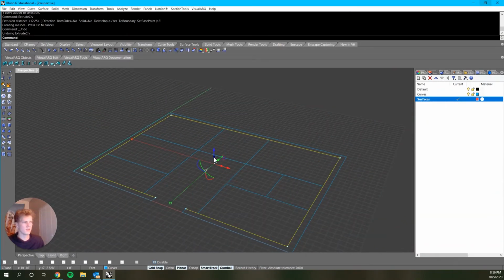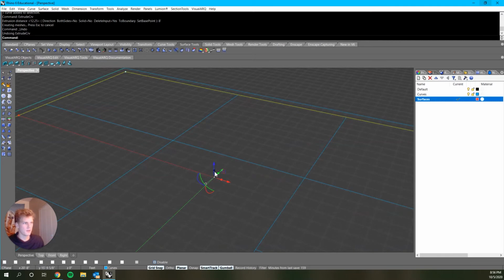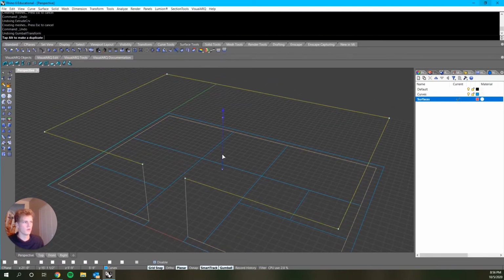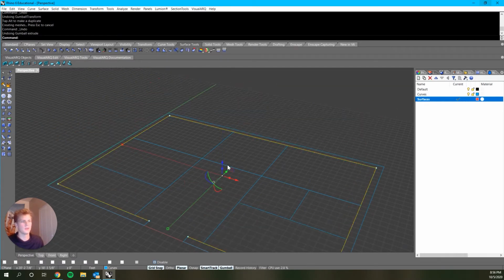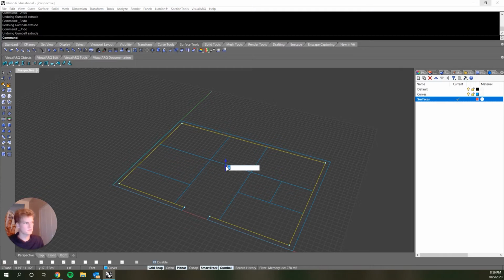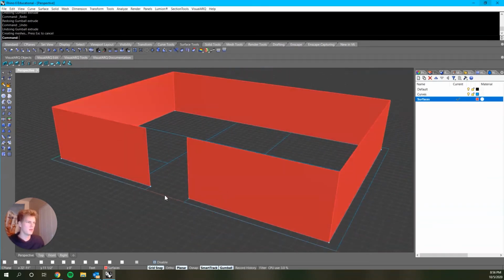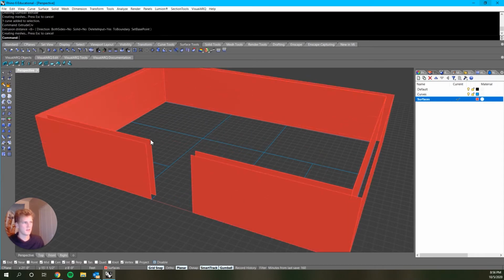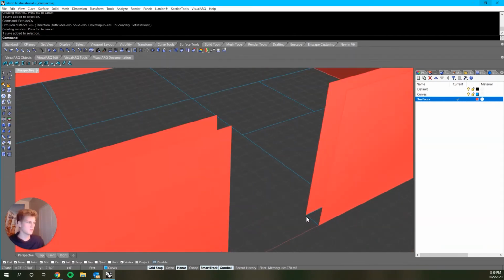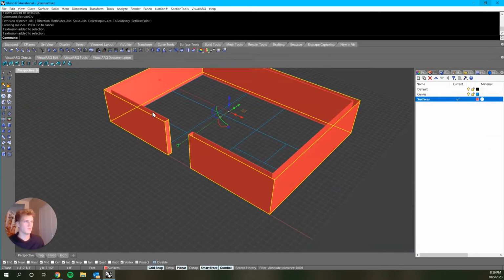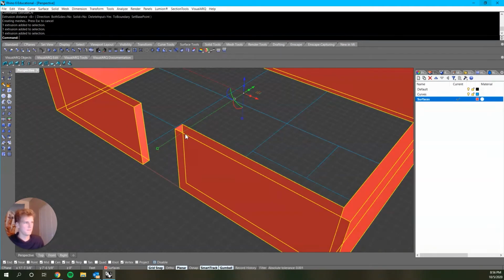Alternatively, you could also just click this blue dot of the gumball and type in a value, 8 feet, or of course just pull it up however far you want it to go. But I recommend doing inputs because that way you have a more accurate result. So we'll pull that up 8 feet. You could pull up the outside wall as well. Just do the same thing, snap it to that one, do the same thing with these ones, and just pull it up that way, and then select them all,